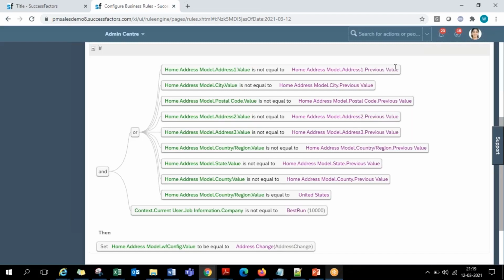If both are the same, that means at field level there is no data change. Example, city. On the screen currently it is city, and in the database the last value is also city. Say the existing value is Mumbai and the last city value is also Mumbai. That means there is no change. Similarly, pin code, address line 2, address line 3, country, state, every field level we can check.